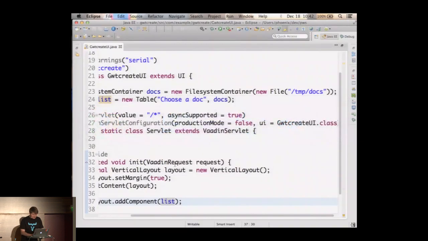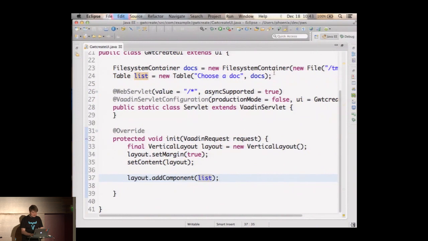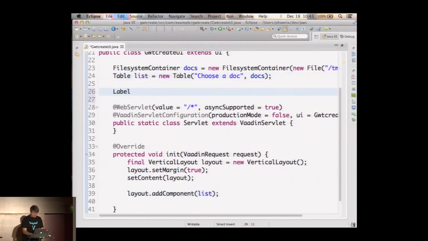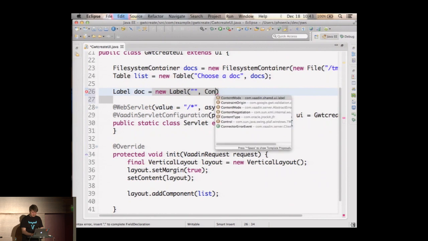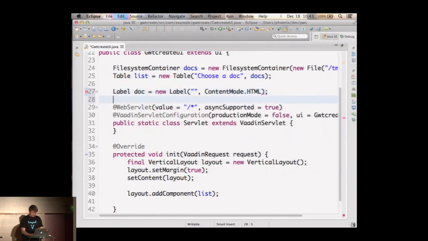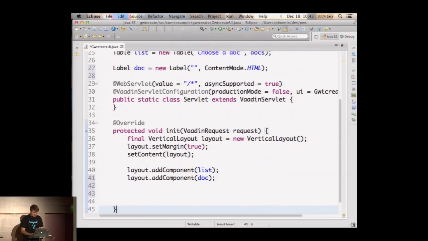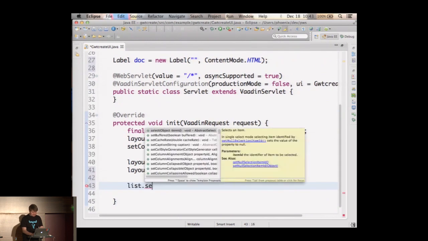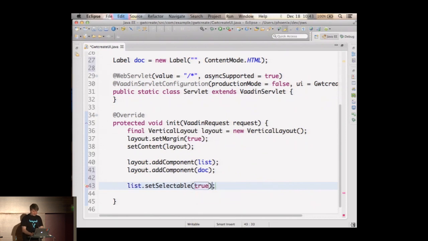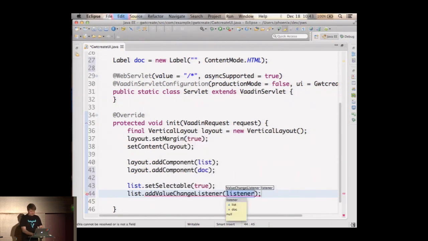For that, let's add some simple event handling code over there. Let's start by having a label for showing those docs. New label. It could be empty first, and we want to use HTML for showing these, and let's put the label on the screen as well. Doc. And then we want to actually listen for selection events in the list, so we say list set selectable. So we want to be able to select something from there, and then we say list add value change listener new